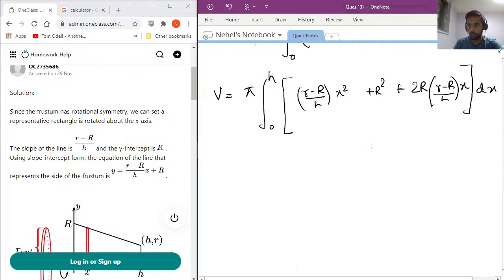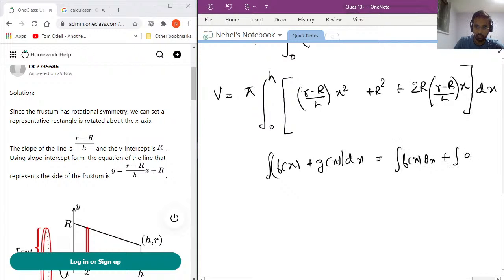Now we can multiply dx with each of these, and since we know a common rule for identity, for an integral of f of x plus g of x, dx is actually nothing but integral f of x dx plus integral g of x dx. We can use that here to split this into three integrals. So what would that give us is volume is equal to nothing but pi integral of 0 to h for